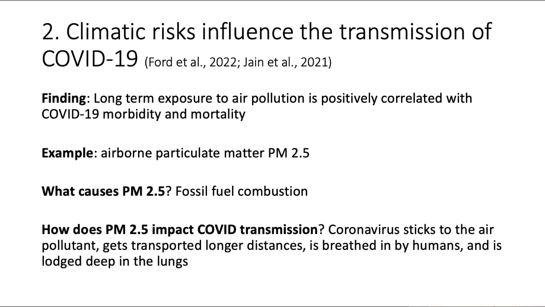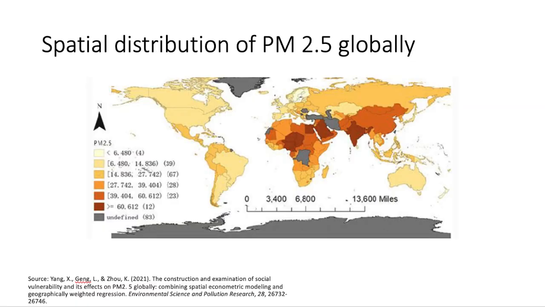2.5 marks the aerodynamic diameter of the particle. It just means it's small. And so it can be inhaled really deeply in our lungs. When we inhale the pollution, we also inhale the virus. And this was also shown in relation to air pollution in the 1918 influenza pandemic, as well as the 2002 SARS epidemic. One of the reasons why I want to highlight this for you is that the spatial distribution of